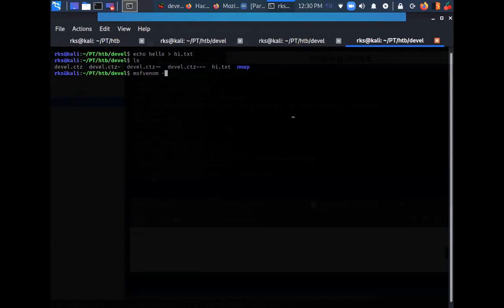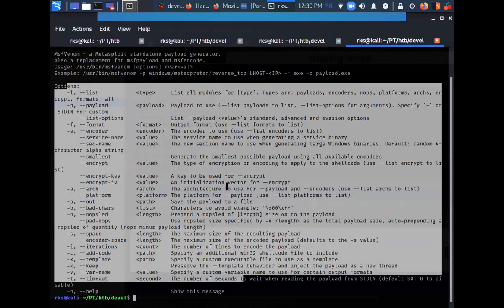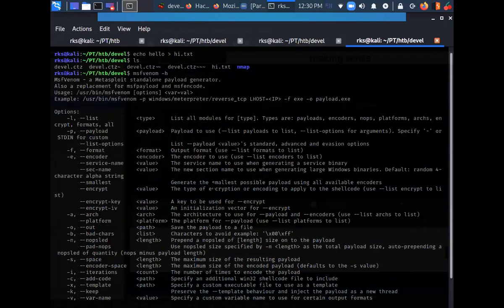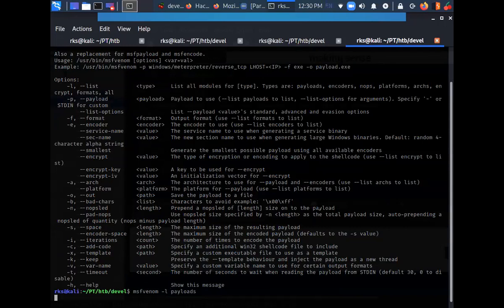Let's just do msfvenom -h so I can see the help menu here. Let's try to list the available payloads, so let's do -l payloads. I want to see the payloads which are available here.